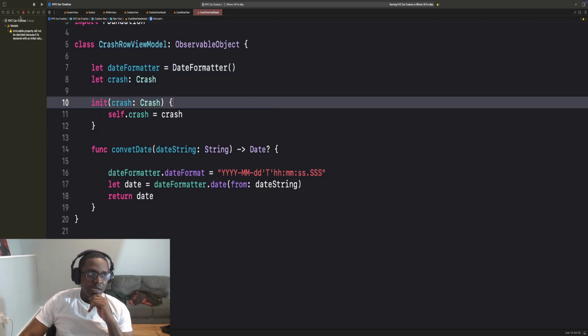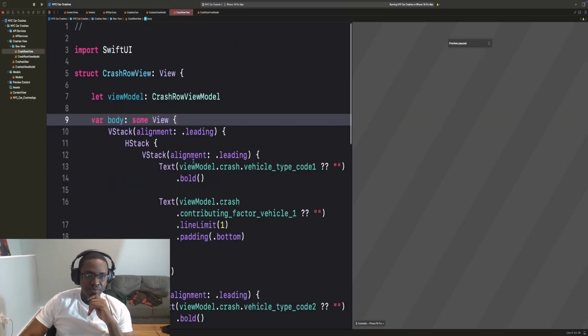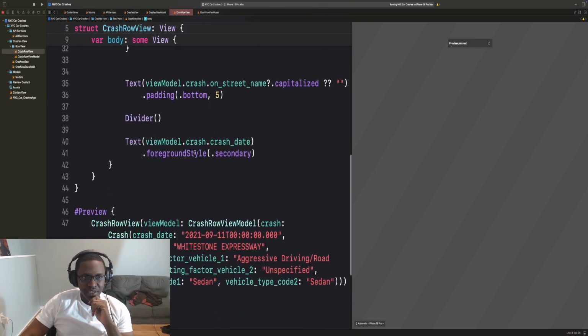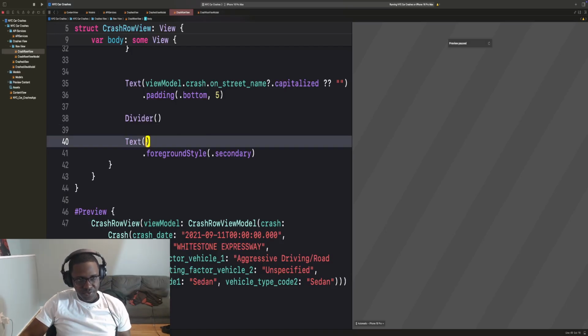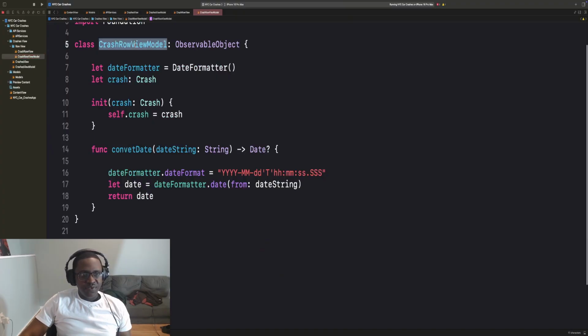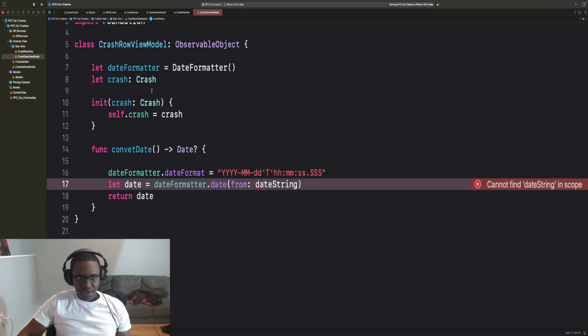Okay, so now let's call this function inside our SwiftUI crash row view. So for date, let's scroll down to where we're handling date. It's this portion right here. We're going to take this string that we were using, and actually we can change this up even more now. Since our crashes row view already has access to this crash, we don't need to pass in any parameter here. We could just grab the date from the crash that was passed in. So we could just say crash